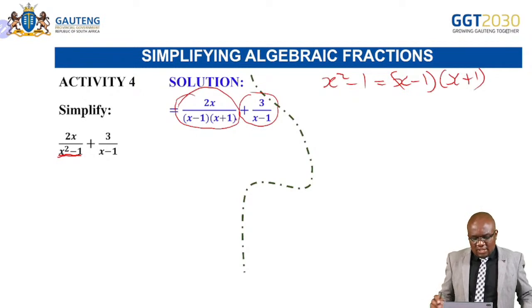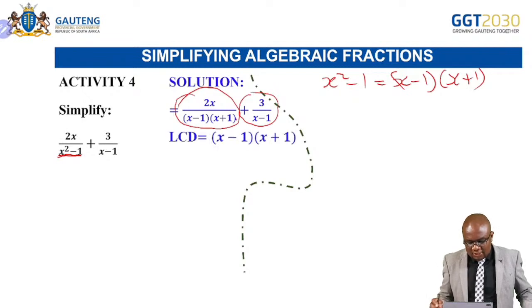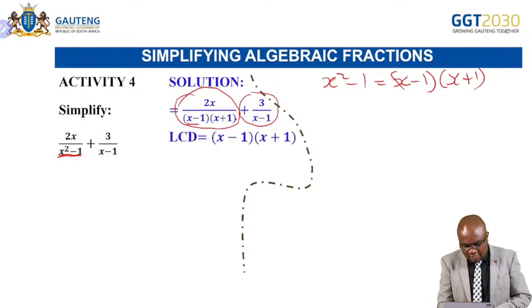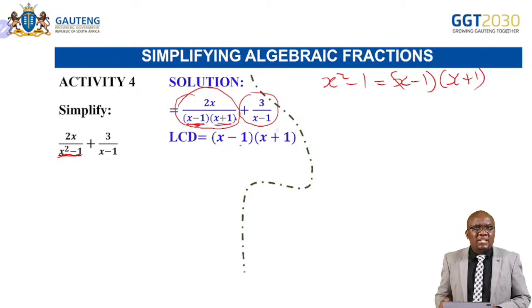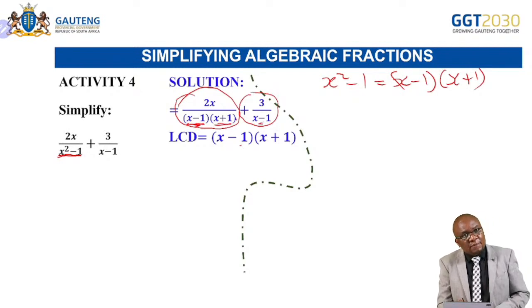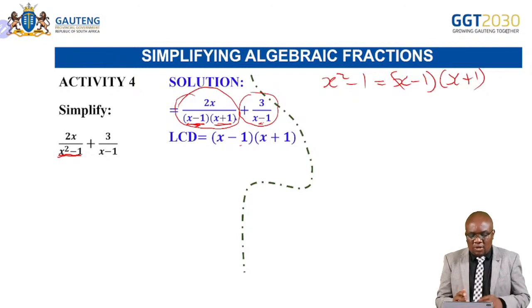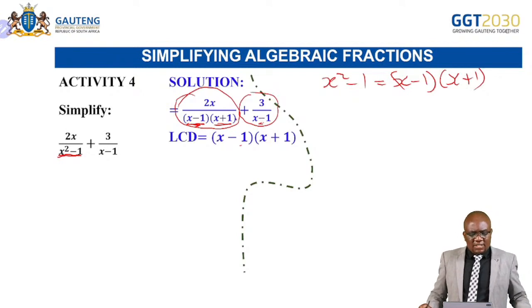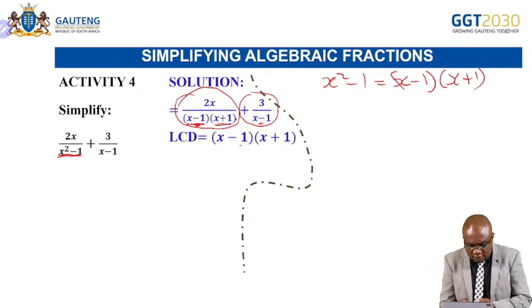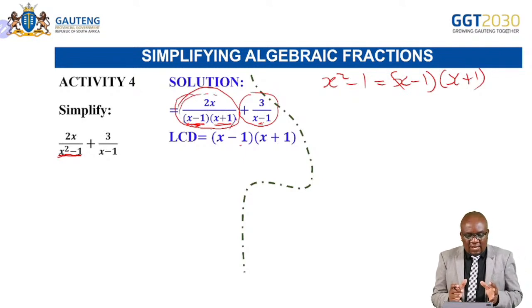Okay, so that's the LCD: x minus 1 times x plus 1. This one, x plus 1, is represented. I cannot repeat this, remember that. The bracket just appears once in the LCD. That's the LCD. So now, for the first term, the LCD is x minus 1, x